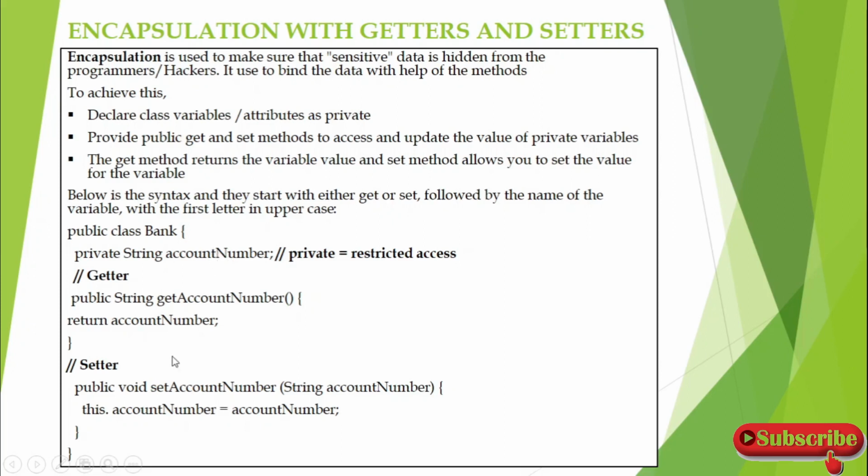From other classes, if you want to allow the users to set the value, then you have to create a setter method. That is like public, it should be a void method, and you have to give the method name here. And here you can see String accountNumber. So we are passing this value as a parameter, and we are assigning this local variable to an instance variable using the this keyword. So when other programmers access this set method, they have to set the value in this parameter, and that will get set to this private variable. So this is how you will use the getters and setters methods in Java.